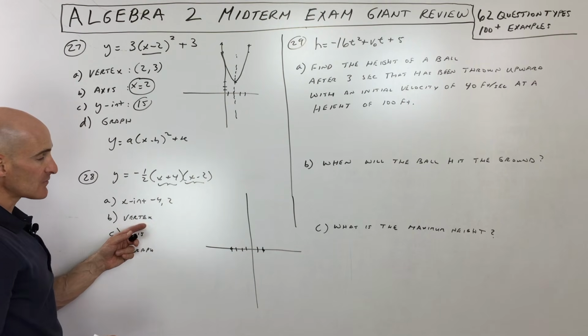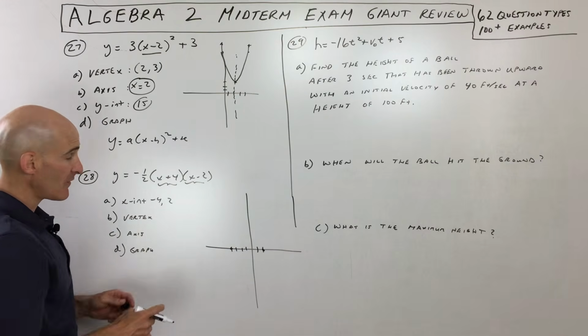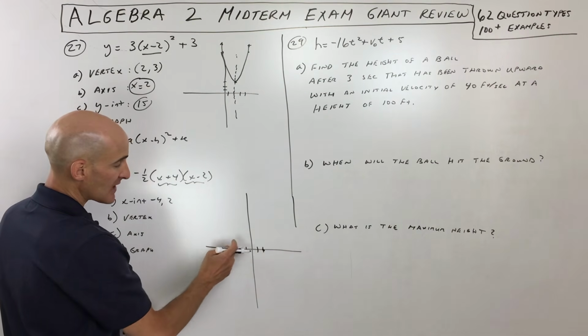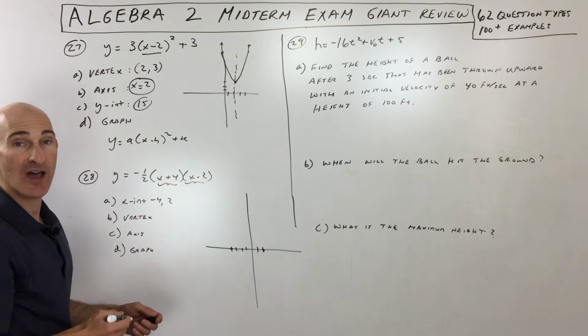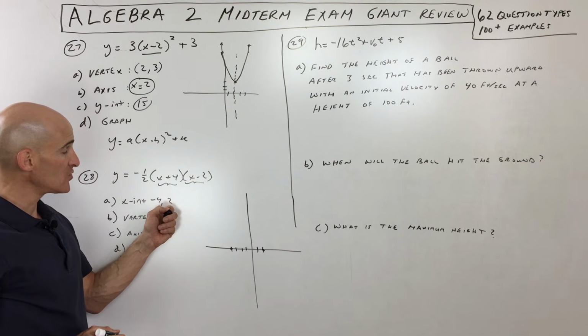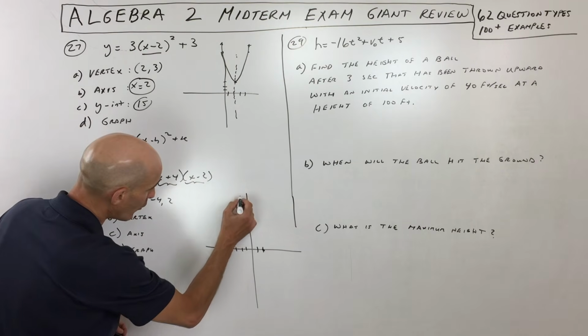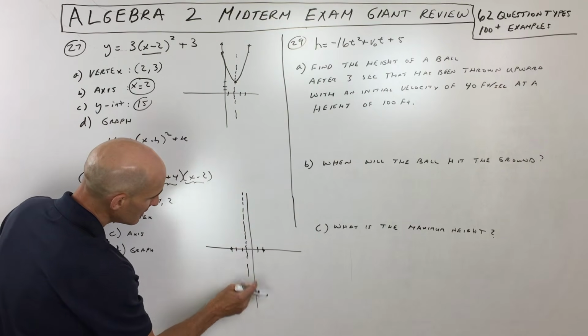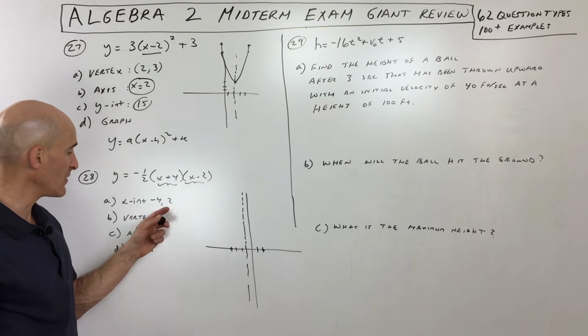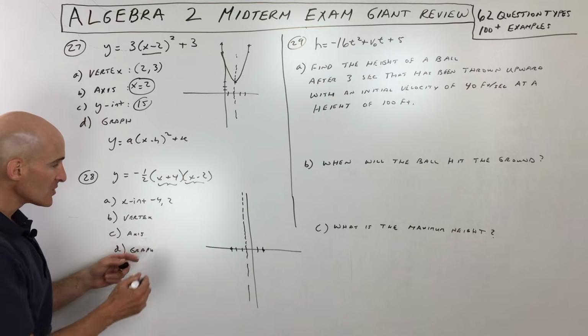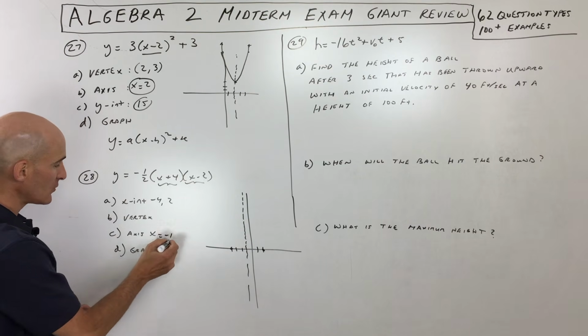And then the vertex, okay, what we have to do is find the axis of symmetry. Now the axis of symmetry is going to be halfway in between these two. And the easiest way to do that is just to add them together and divide by 2. So negative 4 plus 2 is negative 2, divided by 2 is negative 1, or you can just kind of count and find the middle like that. But it doesn't always work out to a nice round number. So that's why I did the midpoint formula. Add them together and divide by 2. So the axis of symmetry we said is x equals negative 1.